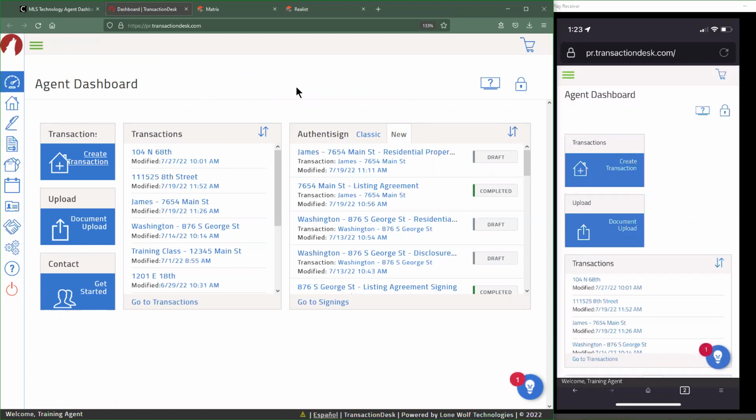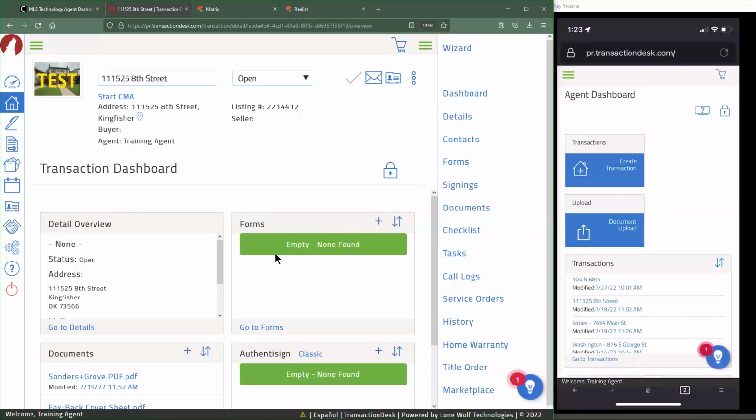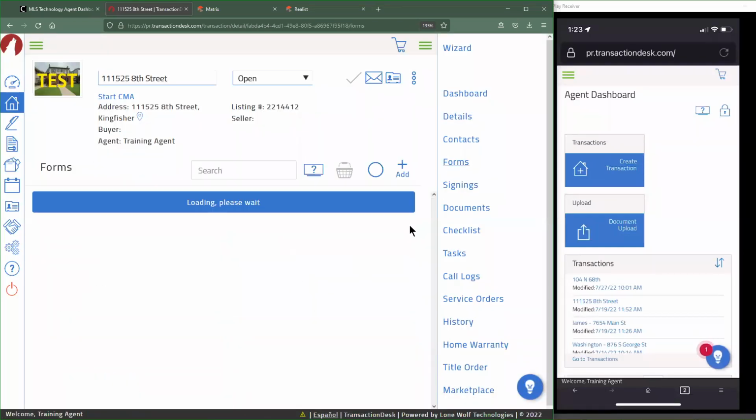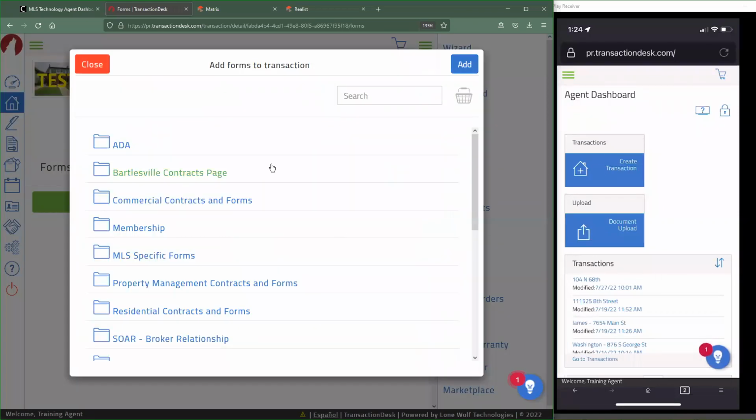And as a suggestion, if you do have a tablet, I think one of the easiest ways to get any of this paperwork filled out would be to bring that tablet with you and fill it out while you're talking to the client. Because we do have a couple of different options for the property condition disclosures. We have forms available to even just get the property data form done. And you can fill all of that out while you're on the road or in somebody's house without even needing to use a computer to do it.